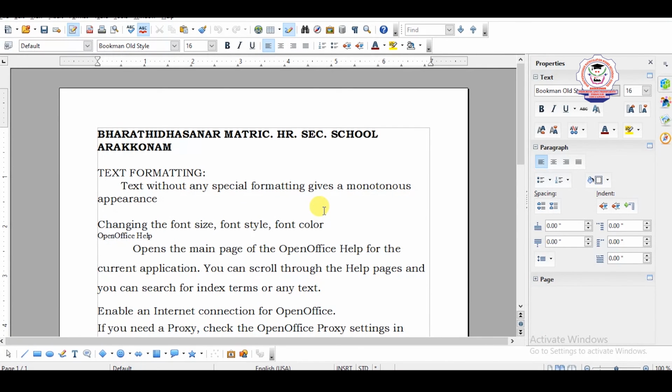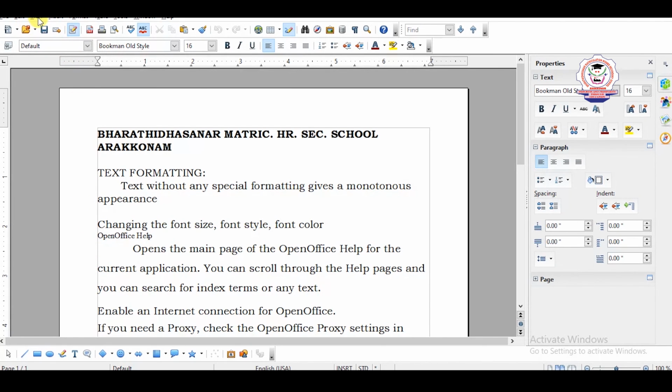What is margin? Here one line, a small line is there. This line is called a margin. What is the usage of that margin? Margin is mainly used for protecting the printing area, displaying the printing area. Okay, now we want to change the margin also.